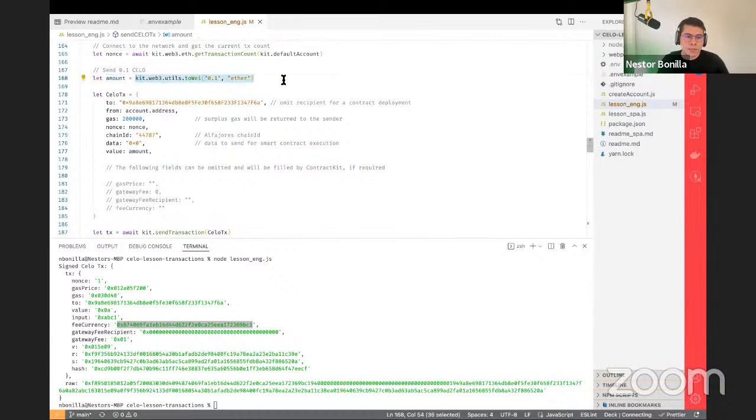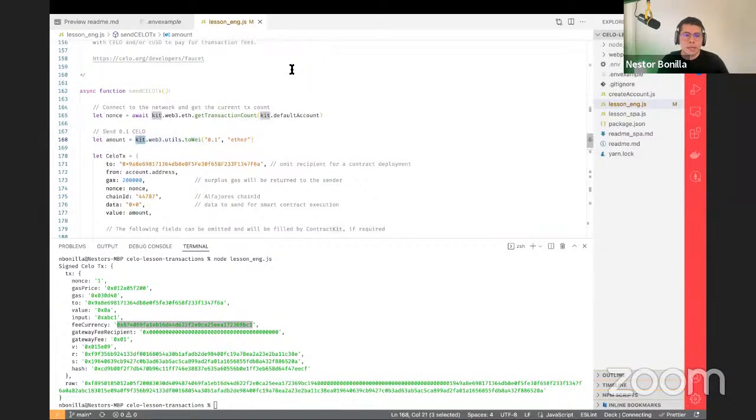You can ask yourself why it says Ether if we are interacting with Celo. The reason is that the kit is a wrapper of different other libraries like Web3.js, and these use Ether. So when using contract kit, when we see 0.1 ETH, it means 0.1 Celo, right?